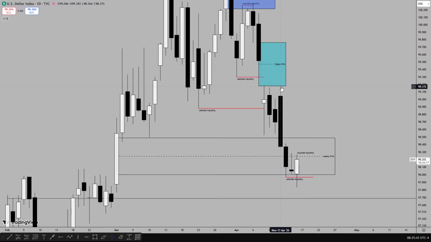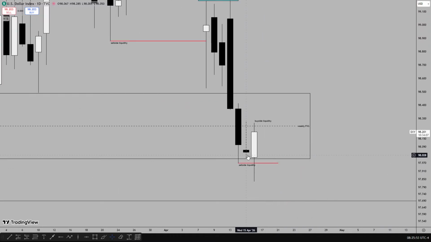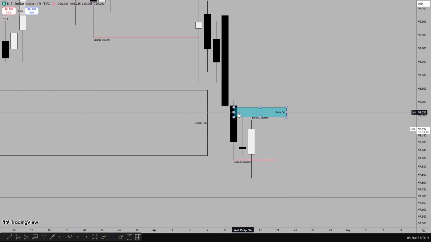So after price respected the daily fair value gap, traded lower, Tuesday traded lower, Wednesday, price formed a swing low. After the closing price on Wednesday, price formed a swing low and there's a daily fair value gap above Wednesday's high. So the idea was that if there's going to be a counter trend in price, you might see a retracement in price running the daily fair value gap.